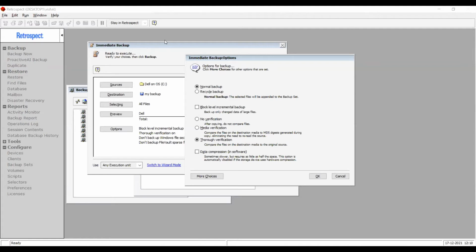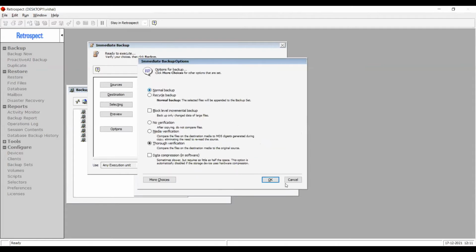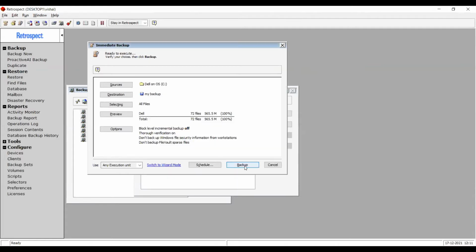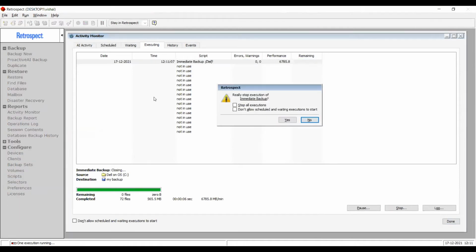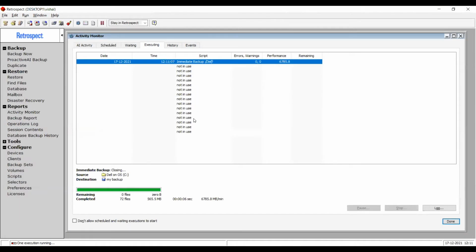And so we were talking about the script options. And so let's go with the default setting here. If I continue this backup, then I see in the activity monitor window, but let me just try and stop this backup, if I can. I think we already backed up everything. It was a pretty small backup.